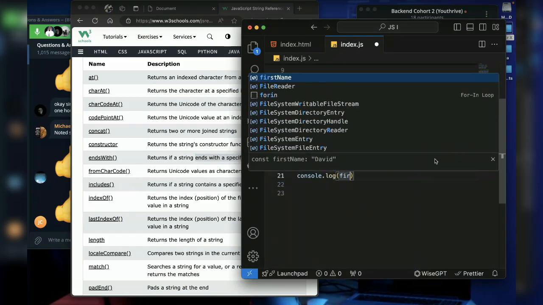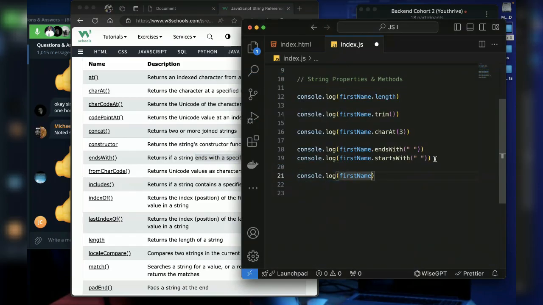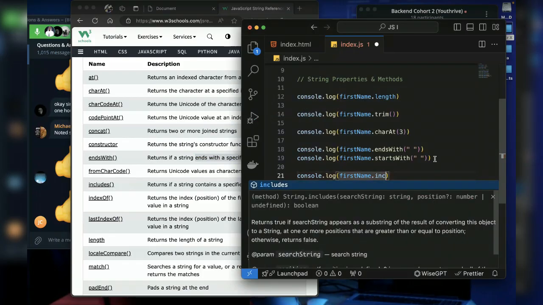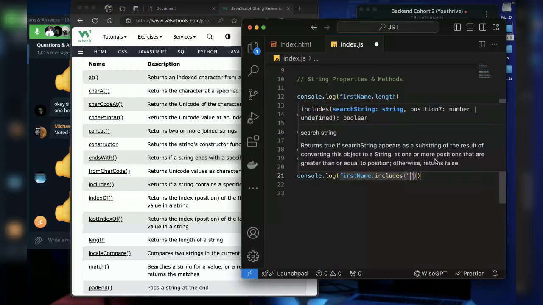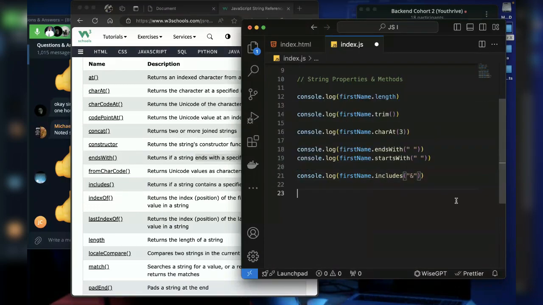So you want to check if that variable contains a particular thing. It can be a symbol, it can be letters, it can be anything. So I want to check if it contains this symbol. And you know, when you are building a password, sometimes they will ask you to enter special characters. How will they know if